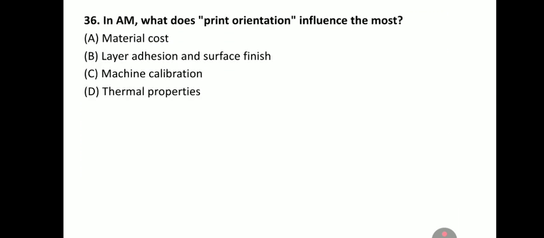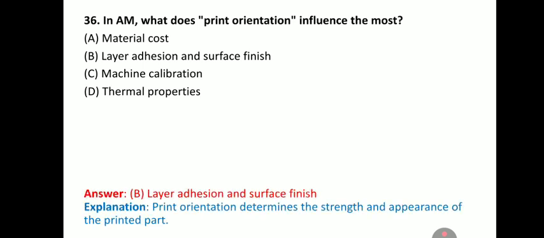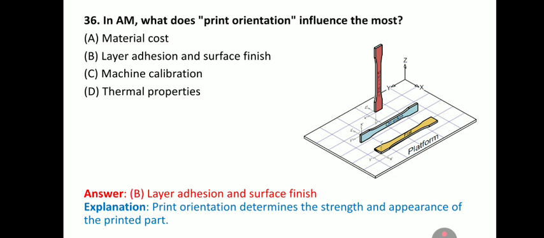Next question, in additive manufacturing, what does print orientation influence the most? The answer is layer adhesion and surface finish. So here you can see the different orientations. This is flat orientation, this is on the edge, and this is upright. With the help of different orientations we can deposit the part, and print orientation determines the strength and appearance